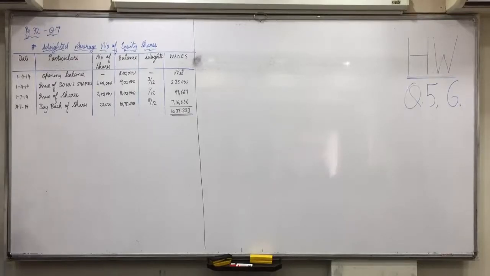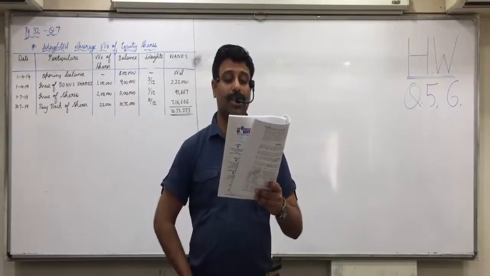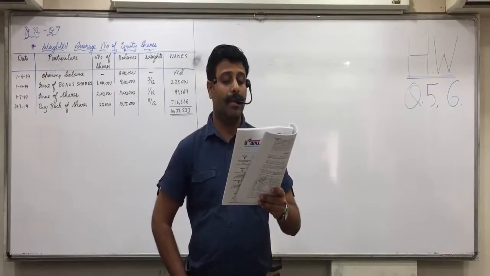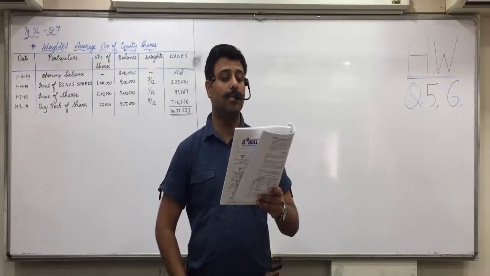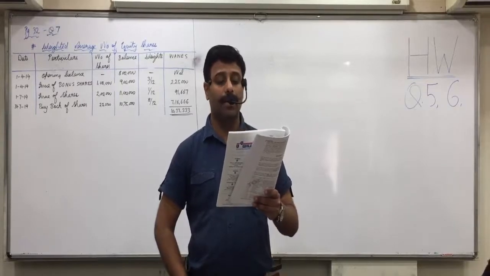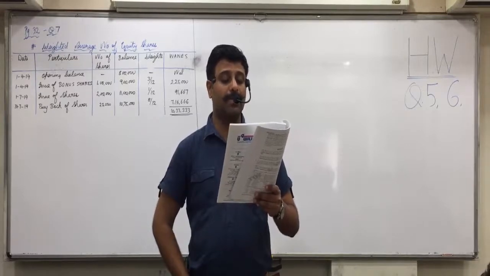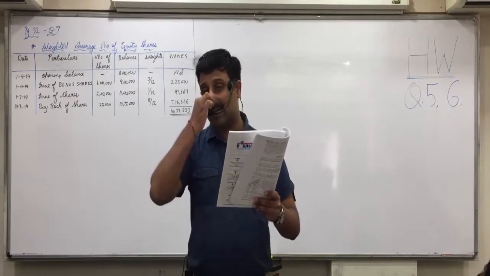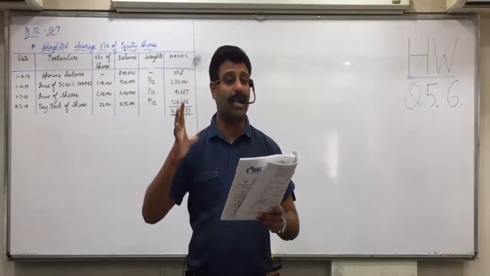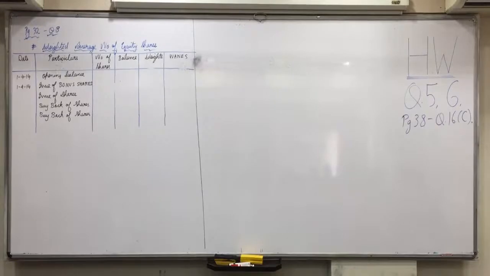Now, question 8 I am discussing and you'll do it on your own. Following information is available about the shares of IndusInd Bank Limited. 1,414 opening balance you will take in the beginning. What will you do with 1,614 shares issued? Add, plus. Mark it as plus. 3914 buyback. Minus. Mark it as minus. 11115 bonus shares plus, but on the left of 11115 write down 1,414. You will take it from 1,414. After opening balance, first thing that will come is bonus. And again 1,215 buyback, minus. I am doing it on the board.